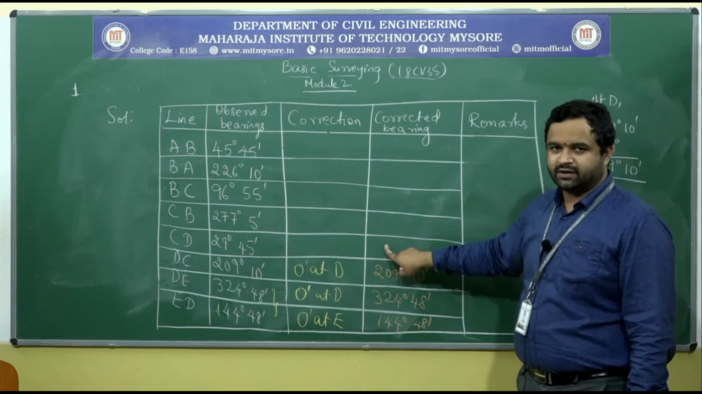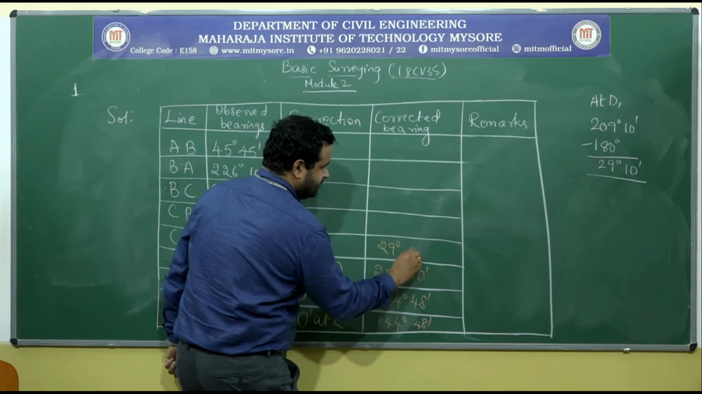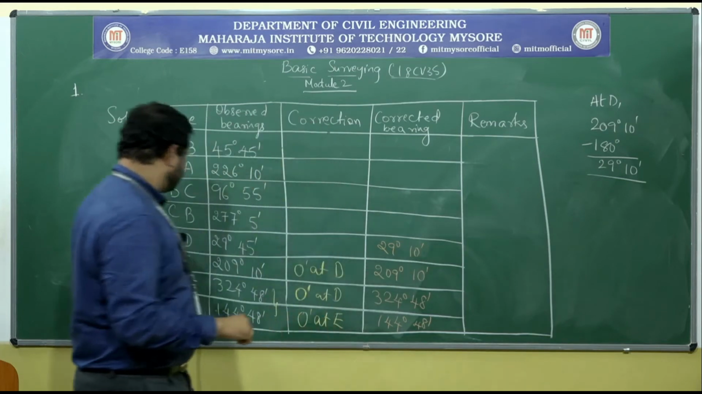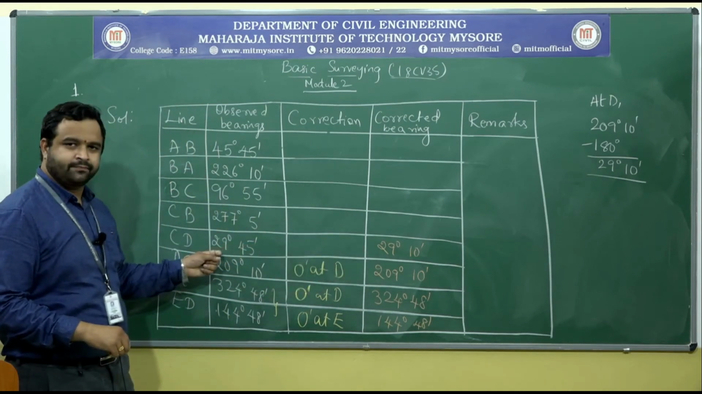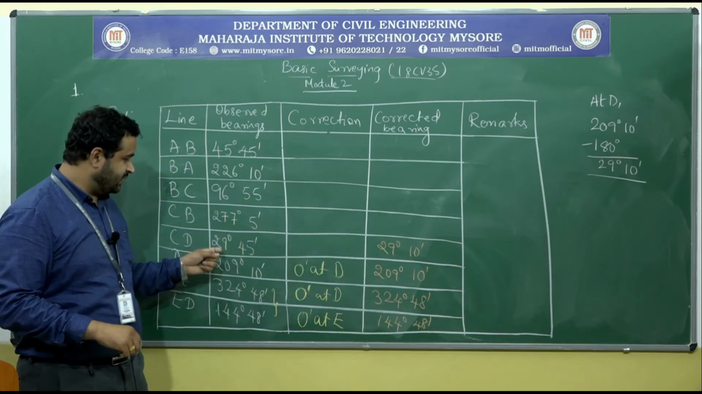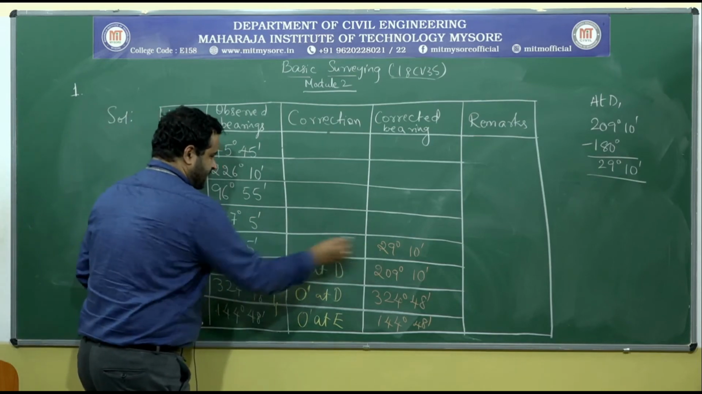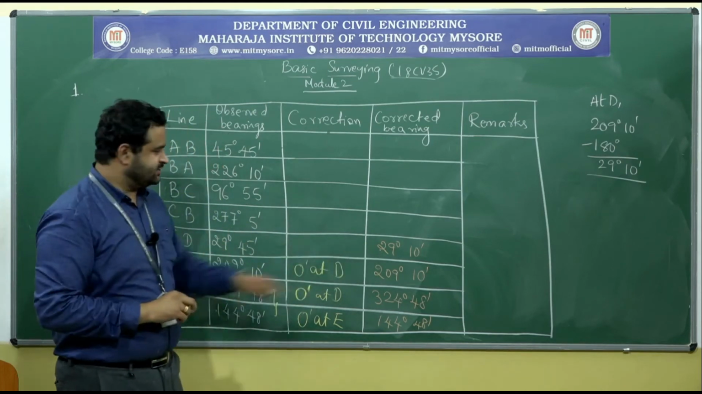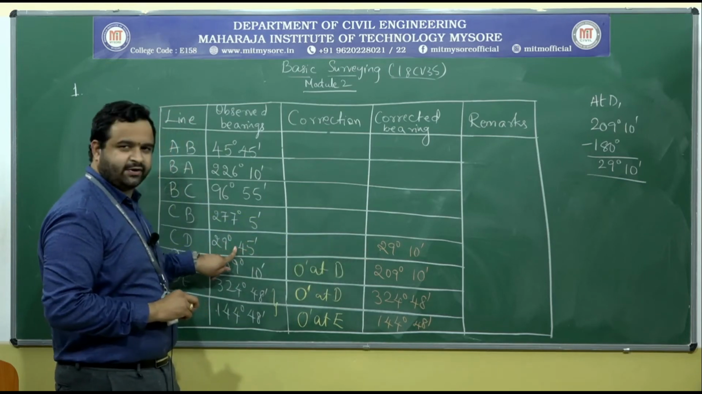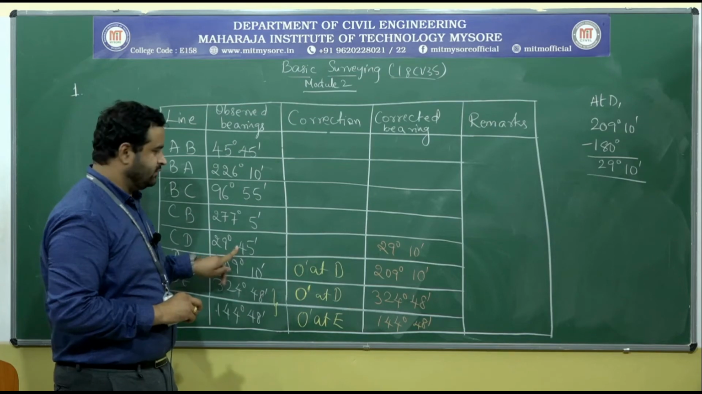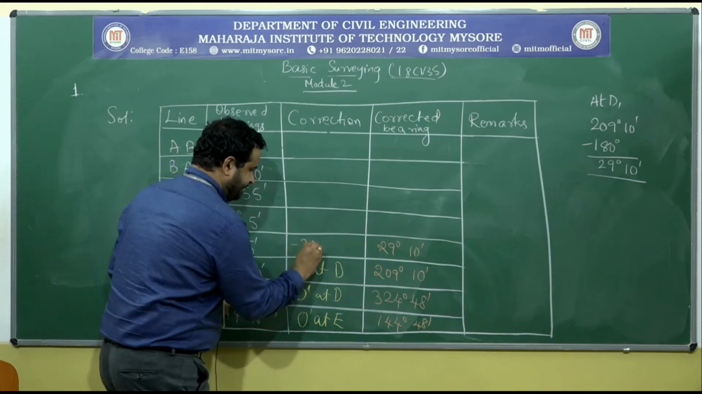This is the corrected bearing, that is fore bearing of line CD will be 29 degrees 10 minutes. But what is the observed bearing here? The observed bearing is 29 degrees 45 minutes. Just deduct this value from this value, that is 29 degrees 10 minutes minus 29 degrees 45 minutes, okay, which will give you